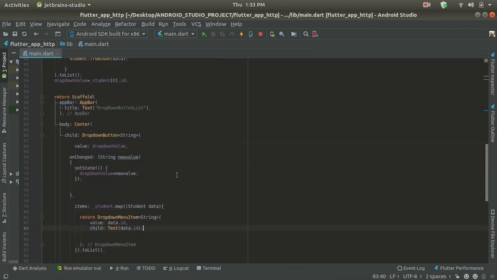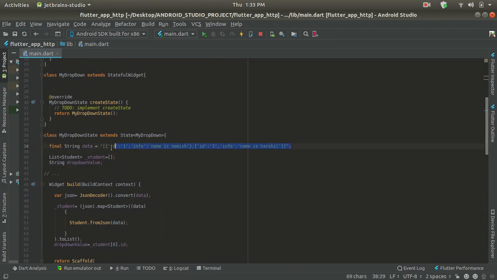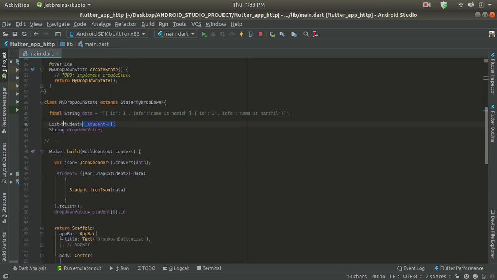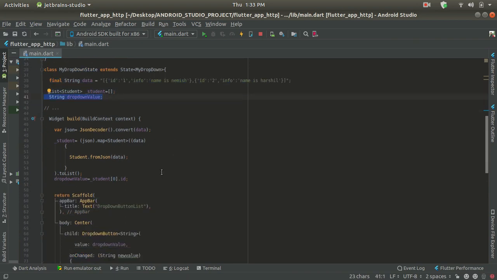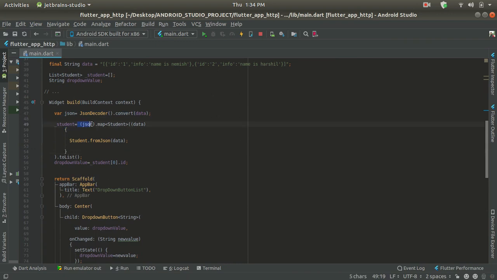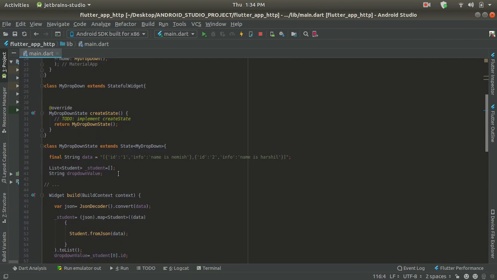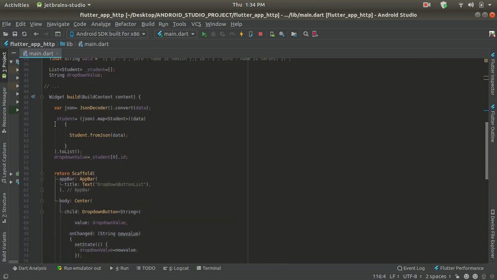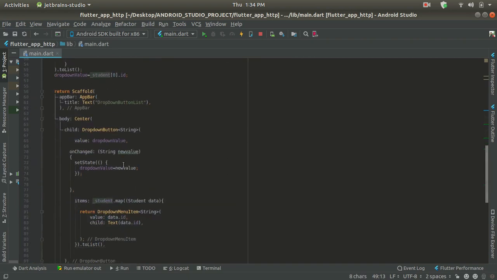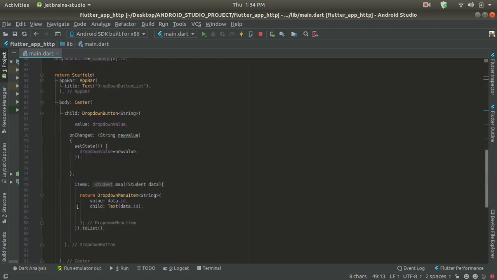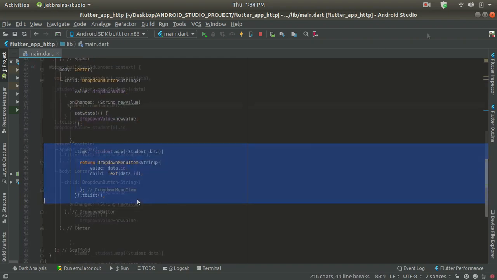Now as you can see, first of all we created our JSON format. After that we created one empty list and an empty value constructor. After that we converted the string format from the JSON format, and after that we converted that JSON format by using this Student class fromJson method to return an original student object, so that we can store that in our list. As you can see, we stored it in our list, and as we did in a previous video with the list, we are done with this part over here.